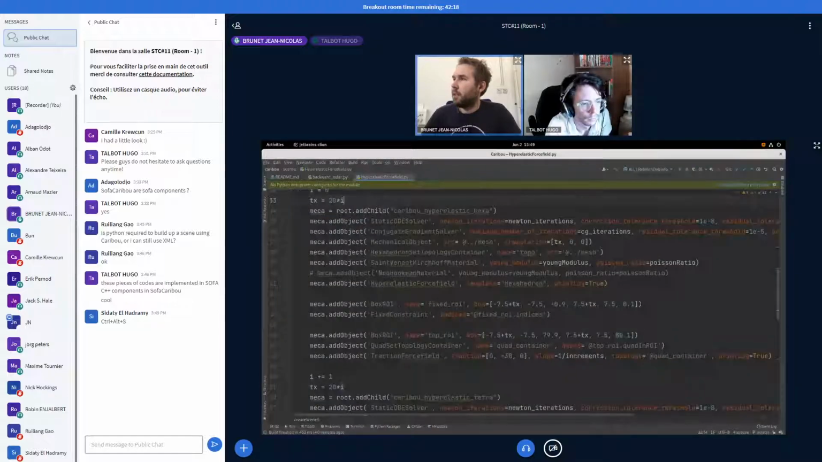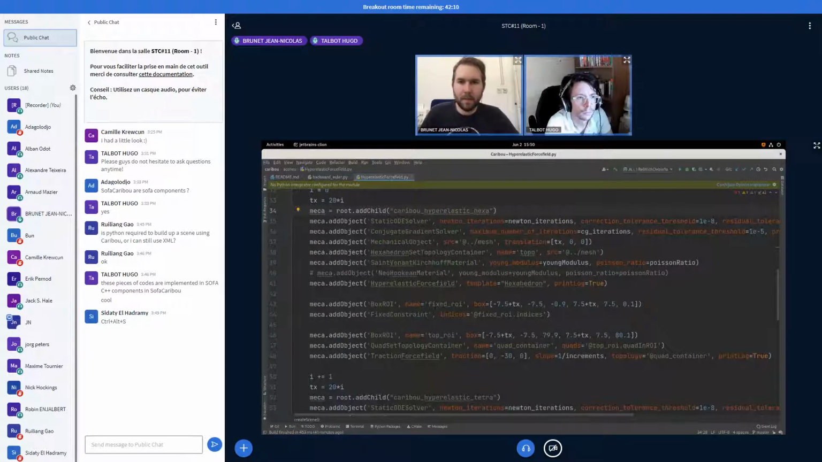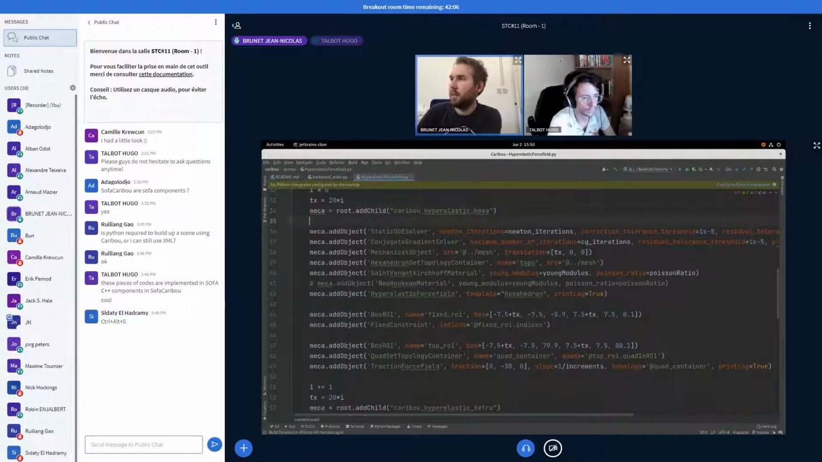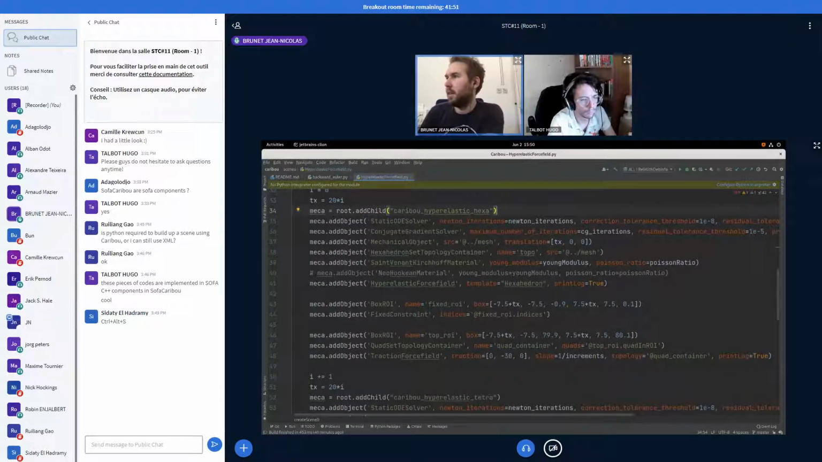So for example, here I have my scene. It's in Python, but I'm just building the scene file in Python. You could do the same thing in XML. So instead here, the static solver would be just written as this. Anyway, you get the point. For example, 10 Newton iterations, etc. And the idea here was to,